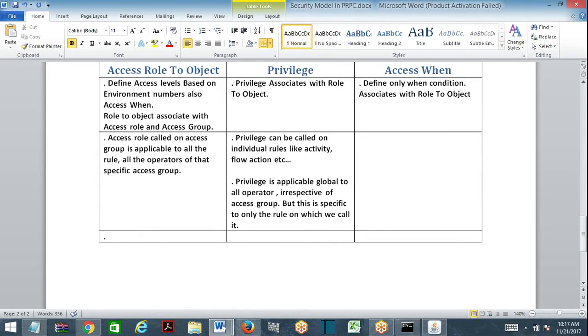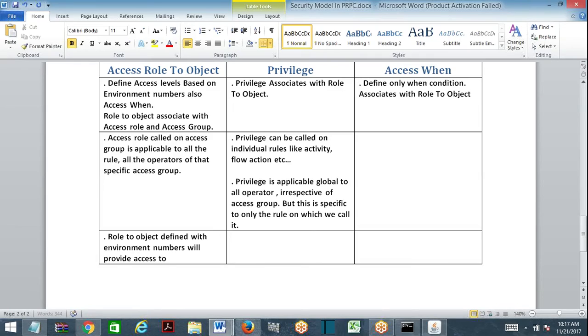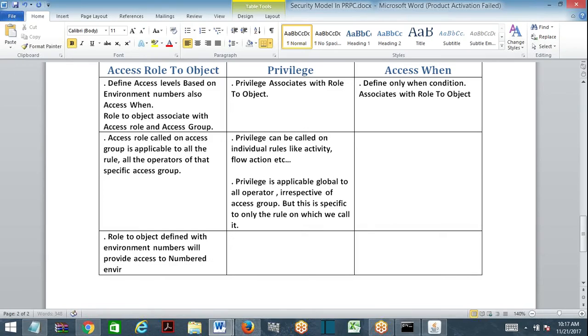Okay, so next, what about role to object? Role to object is defined with environment numbers. Environment numbers will provide access to the numbered environment and the environments below it.